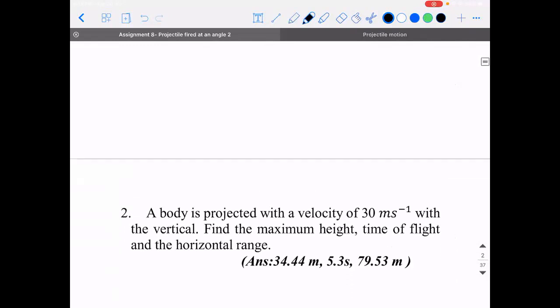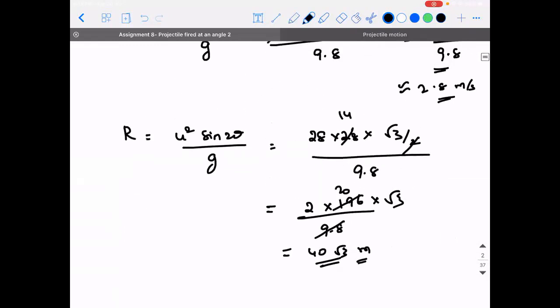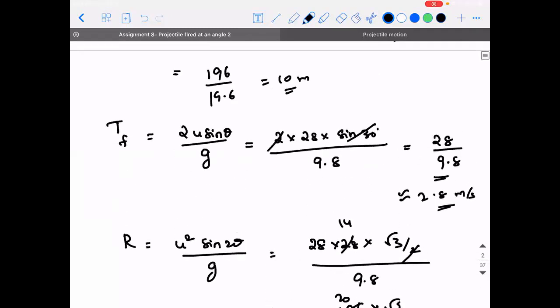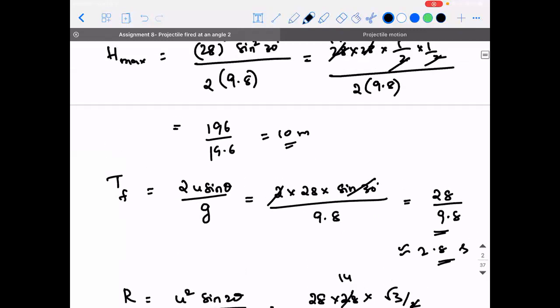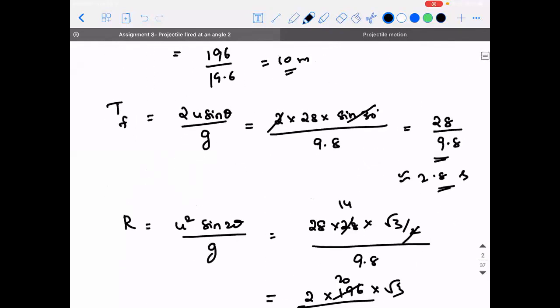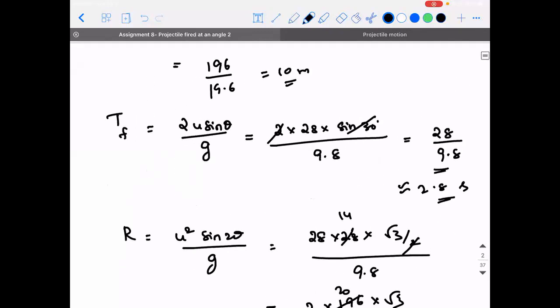Sir, tell me, sir, time of flight, isn't it, should be in seconds? Oh, sorry, I wrote it wrong. Sir, I have a doubt. Tell me. Sir, in the last chapter, we learned that time of ascent and descent is u by g. But then why is an extra 2 coming over here? Please tell me. First, the maximum height formula was the same in this chapter as well as the last chapter. No, it is not the same.